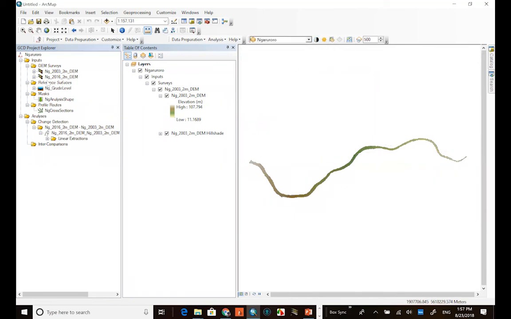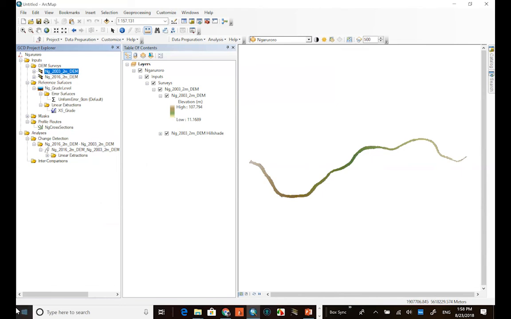And some of the other features that I wanted to show you is now we have a reference surface library, a mask library right here, a profile route library. Basically, what the reference surfaces allow you to do are, in this case, they have set reference surfaces for gravel mining, and they basically have these elevations that they've determined that if you're above here, we can do gravel mining, and in fact we want to, because even though they're braided rivers, they are all levied, and so they need to maintain